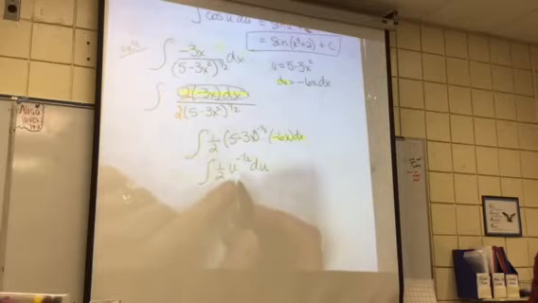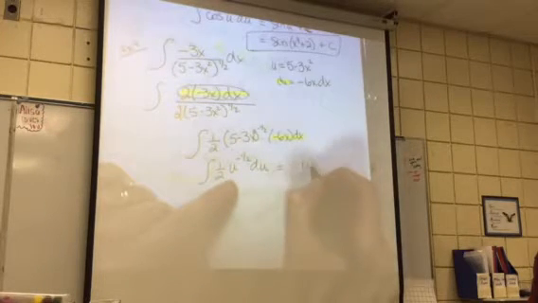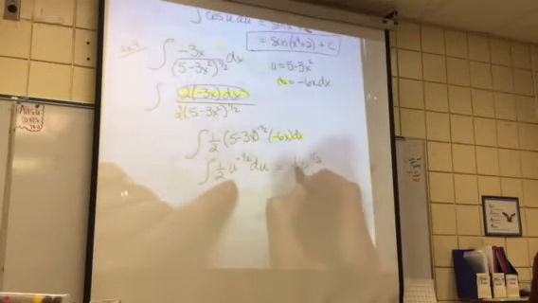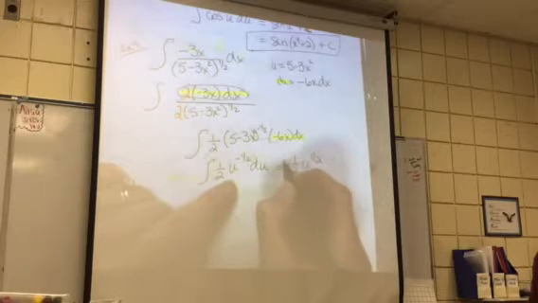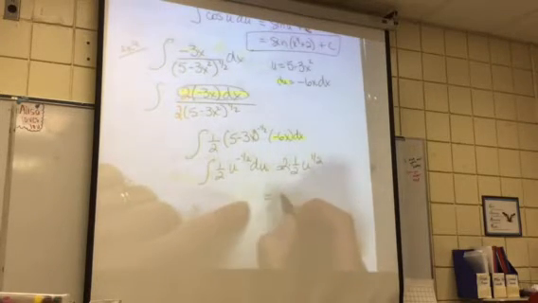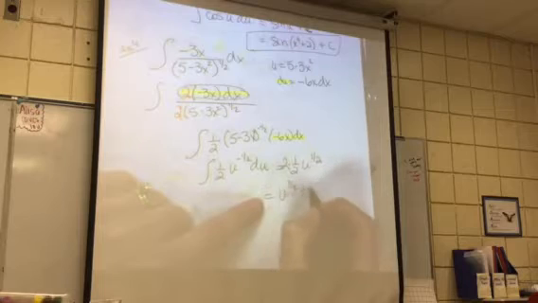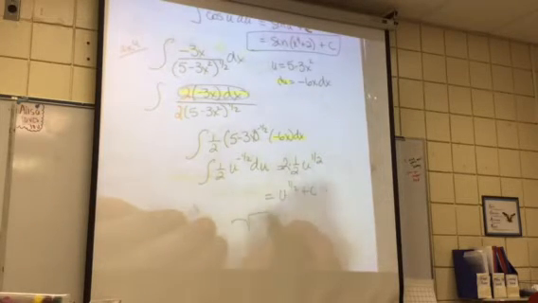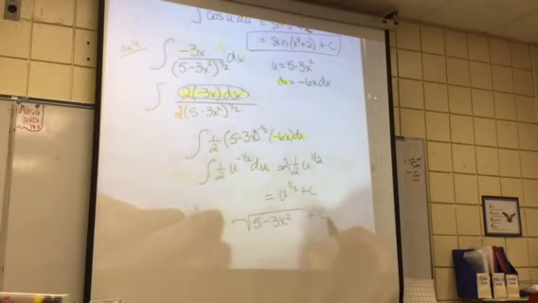So now this is simple to integrate. u to the 1/2 times 2, they would cancel, correct? Yeah. So this is just u to the 1/2 plus c. That would turn into the square root of 3x squared